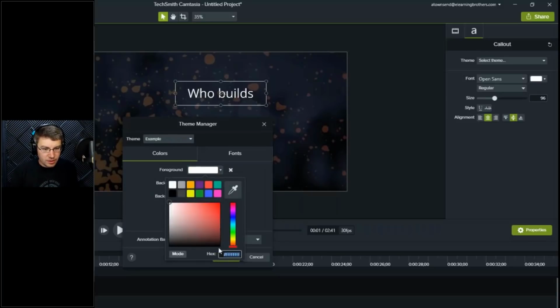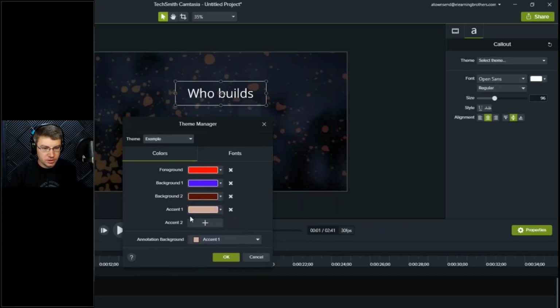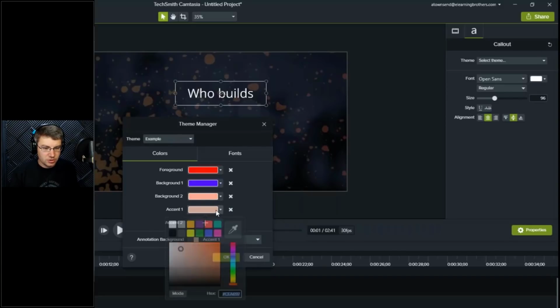And I can give my background, foreground, anything. We'll say this one should be this red. Say this one should be this dark blue. This one should be this pinkish color. This one should be, I don't know, that yellow. You can create another accent, but